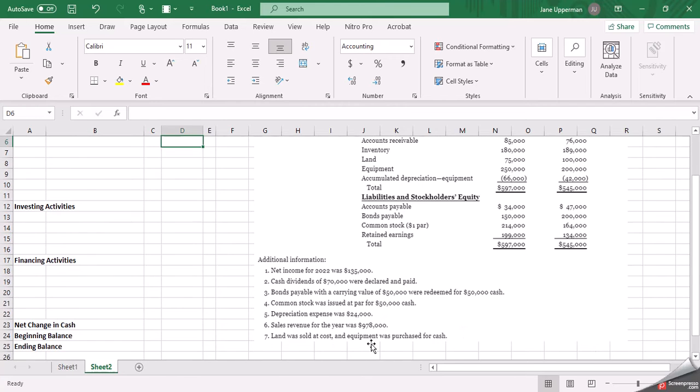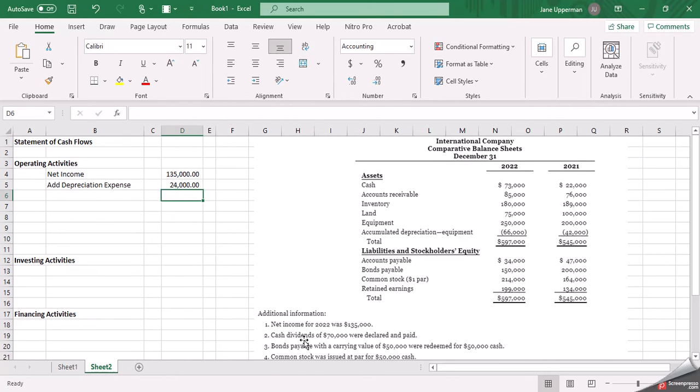Okay, then if we had a sale of an asset, we would adjust the gain or loss here. But in this case, it says the land was sold at cost. So that means there was no gain or loss. If there was a gain, say it wasn't sold at cost, say it was sold for $10,000 more than cost and you had a gain, you would subtract the gain here. If it was a loss, you'd add the loss here